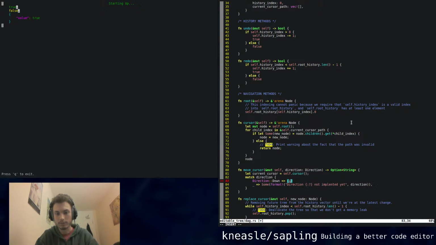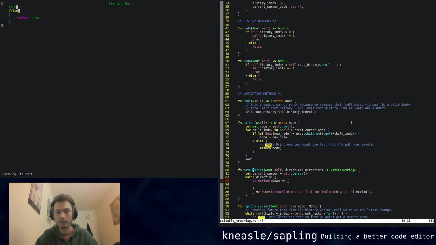I think that should be okay. Returning an option string, this whole thing is pretty much just an error message if it's something. And if this returns nothing, then the editor structure assumes that the movement was successful. So if we're moving down, then what we want to do is